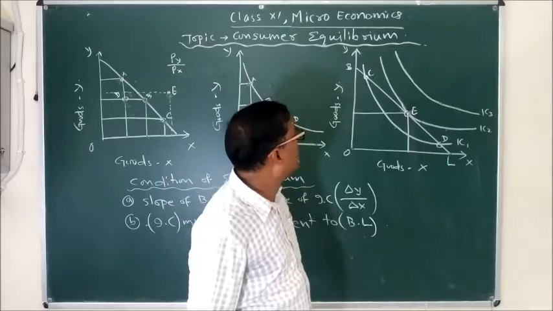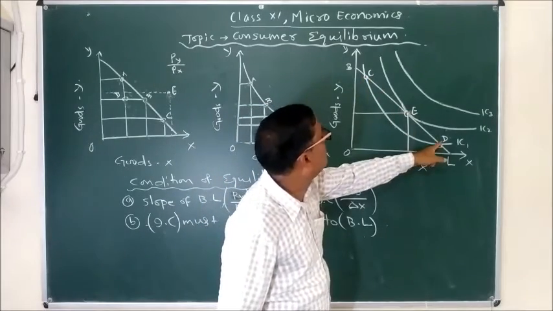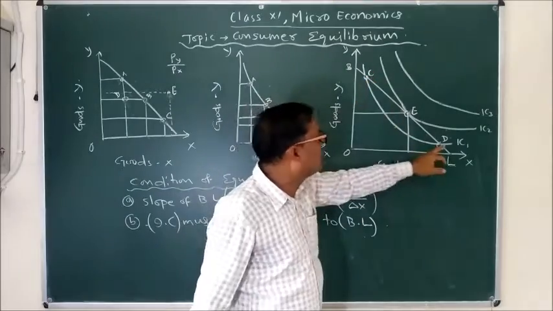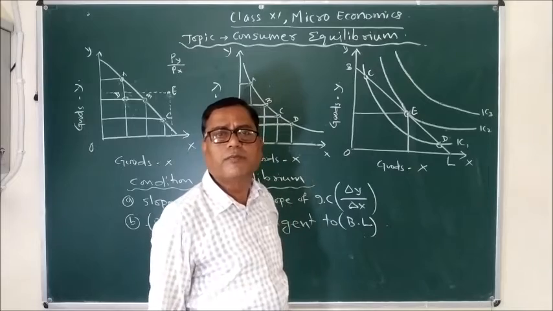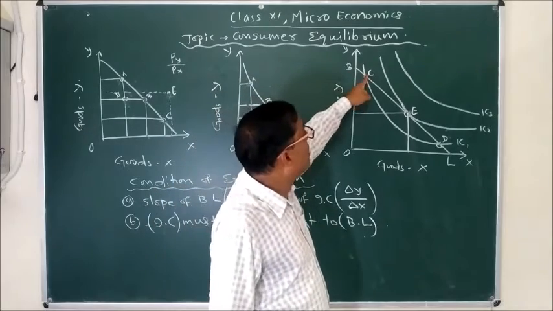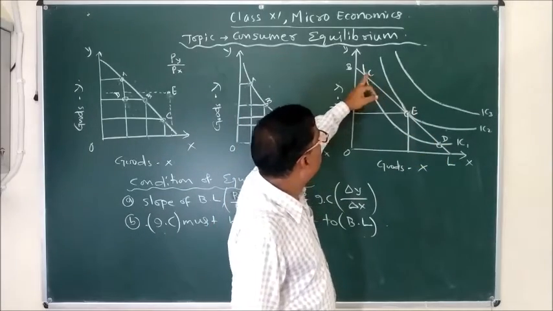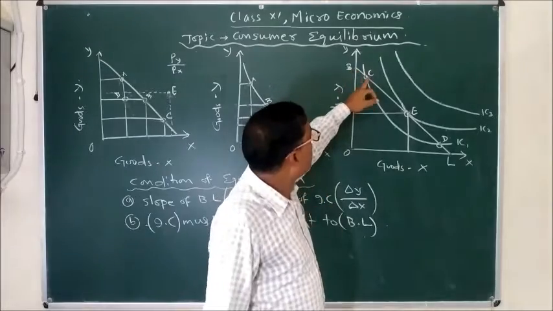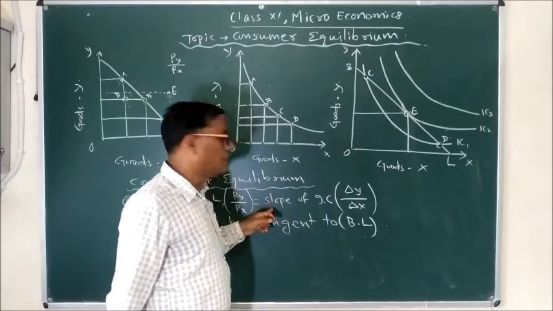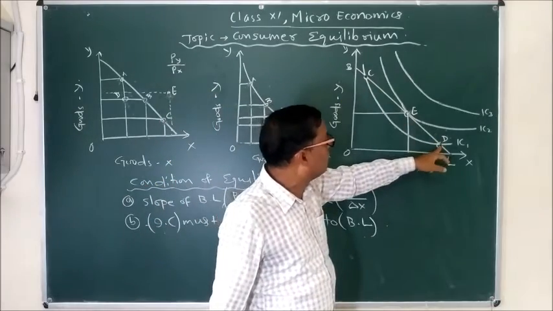and our consumer will attain equilibrium at point E. But you can see that point C and point D, these are 2 points and they are intersecting with the budget line. So why not C or D? These points are not equilibrium points, because you see that this is not the point of tangency at C and D. So this IC1 is touching the budget line at 2 different points. That's why it is not a tangent. Hence the first condition is not satisfied. So C and D are not equilibrium points.